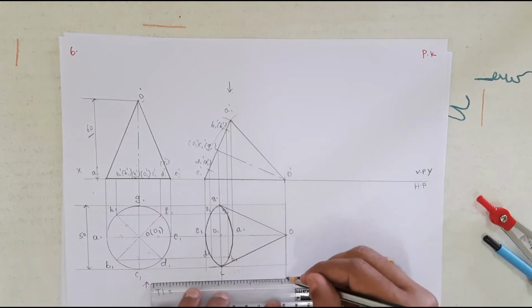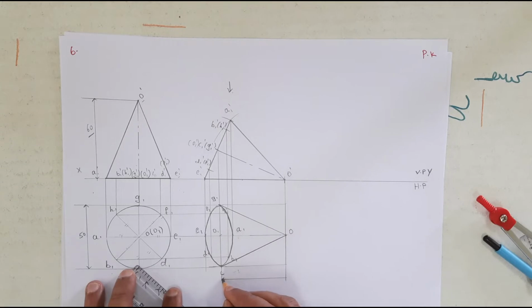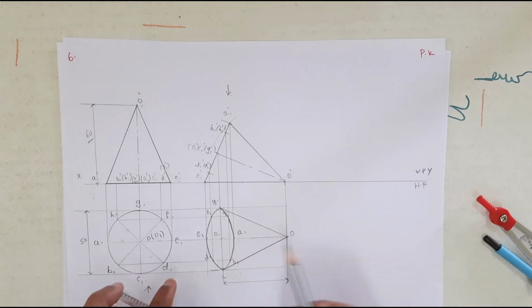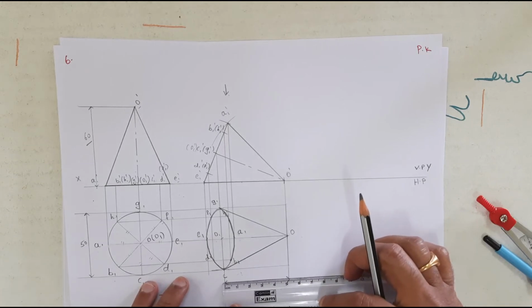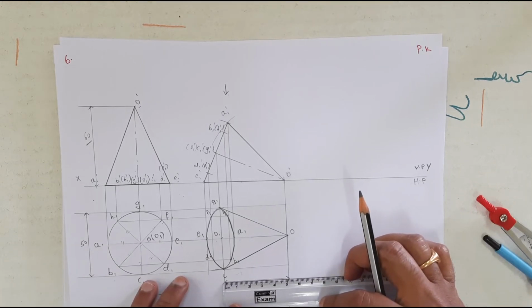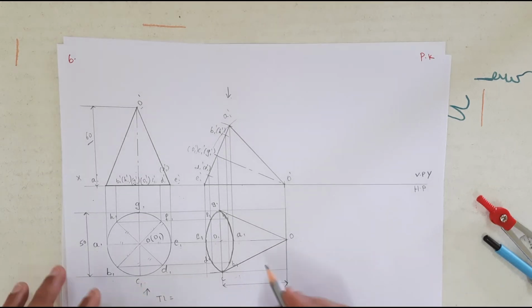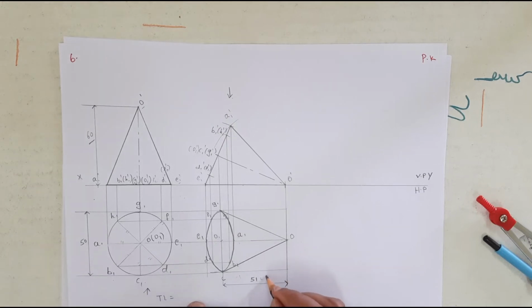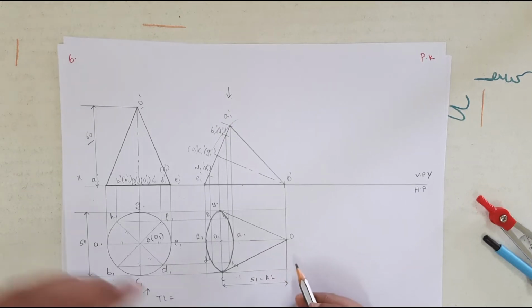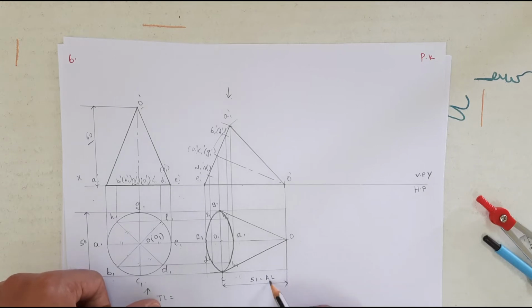What is the apparent length of the axis? This is the apparent length of the axis, that is from O1 to O. So measure the apparent length of the axis. It is how much? 51. Okay, so this is 51. See, now this is the apparent length. See, the true length is not equivalent to apparent length. So hence, this we have to solve with the help of what?